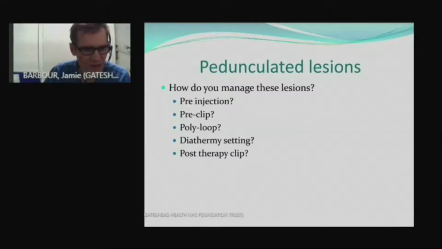And the next question is, what about pedunculated lesions? How do you manage them? And lots of people do different things, but I have some recommendations. Do you inject pre snaring? Do you put clips on? Do you use the poly loop? What are the diathermy settings? And do you use a clip following the therapy? Well,